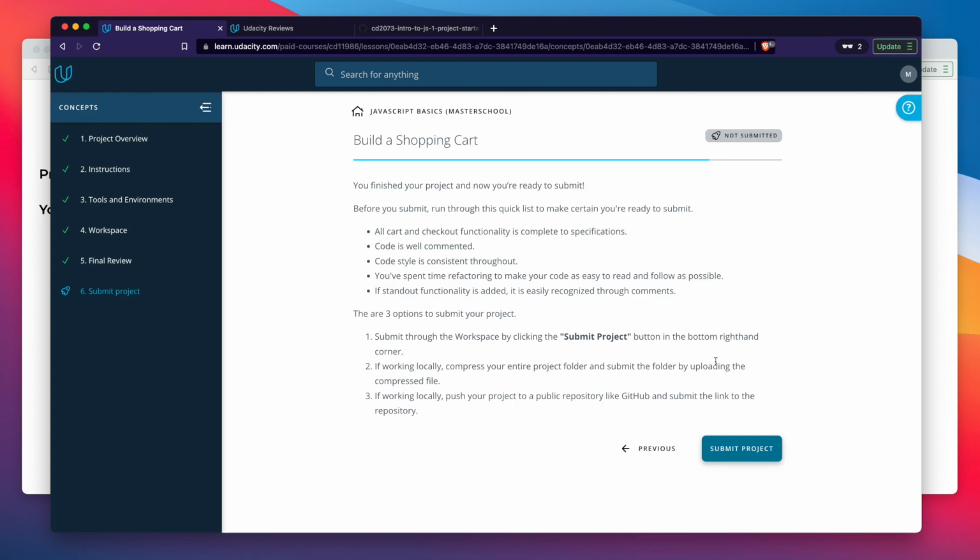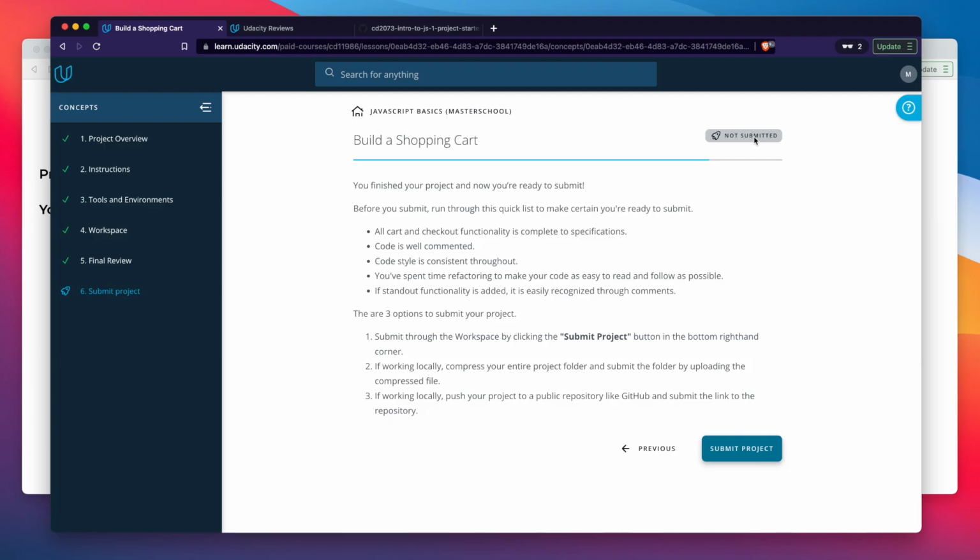And then you just have to wait. There'll be a human on the other end who will grade your project, and you should receive an email. Definitely check your junk or spam folder. Sometimes it could get caught there. But if not, if you've been waiting for some time, definitely come back to this page, and this part where it says not submitted, that's grayed out,